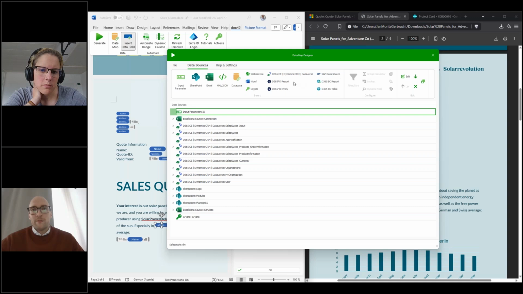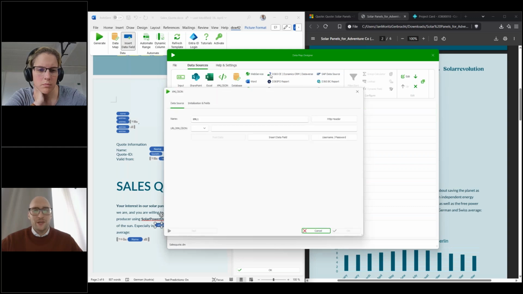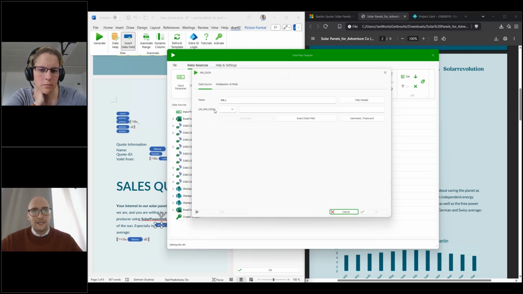So this should be familiar from what we mentioned initially, and that is the different options that we have for various input formats. We've got Business Central here, perhaps for the Trust Tria team, very interesting table, report data, but also, of course, Finance Supply Chain, entity and report data. We've got CRM, there's web service, options for SQL database, XML, JSON. Perhaps if I just click on it, it gives you an idea on how you connect a file. So here you would just paste your URL and can call or also post with an HTTP header